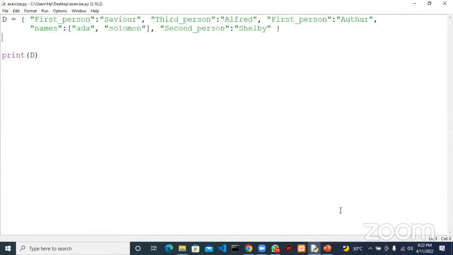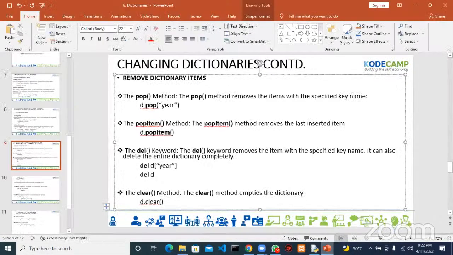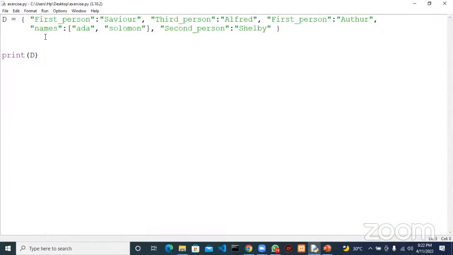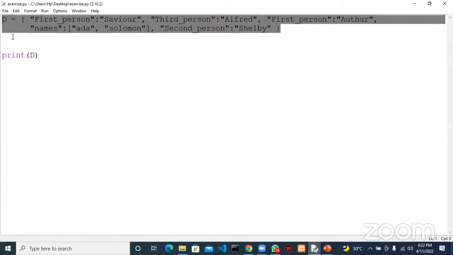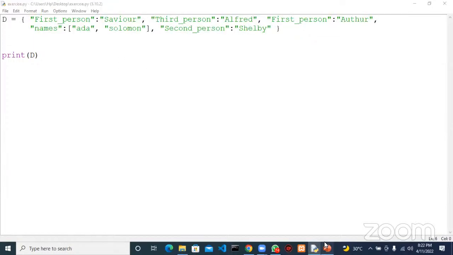All right, so now clear. I say that clear is more like converting this to an empty dictionary. So now instead of deleting the entire dictionary in a way that Python will tell you that this dictionary does not exist, we can actually